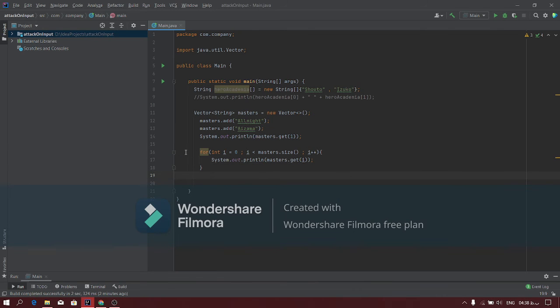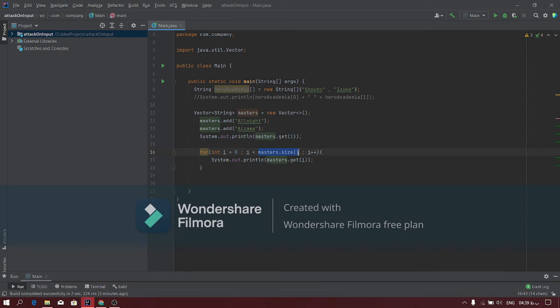This is a loop which prints the elements of masters one by one, which is All Might and Aizawa, separated by an enter. And look at this, masters.get(i). First will be get 0, which is All Might, and then enter. And after that, the i will be 1, which is Aizawa, and this will be printed,